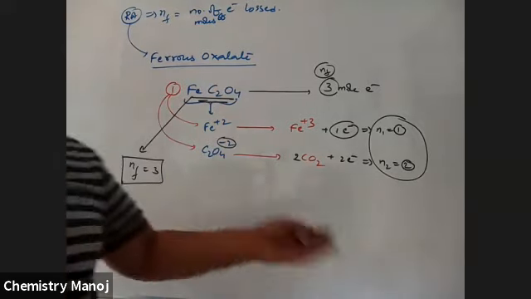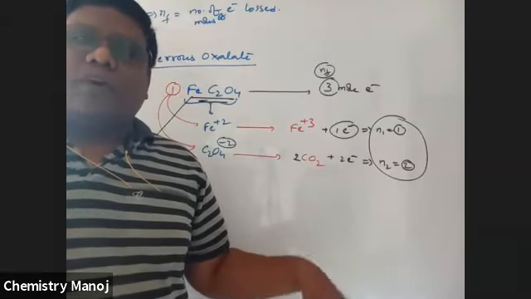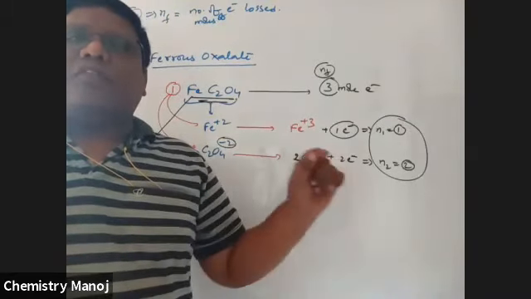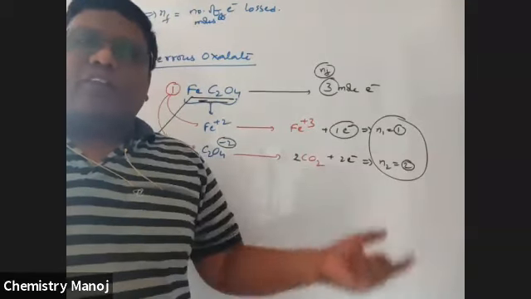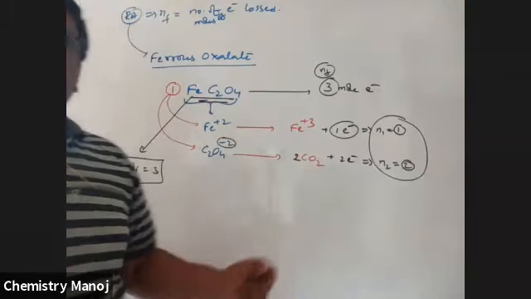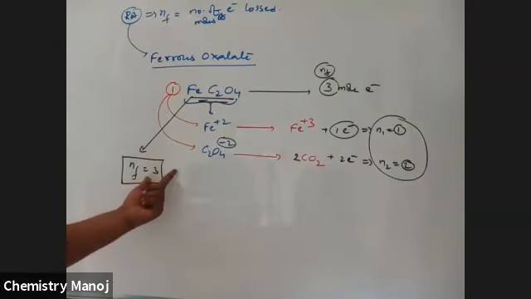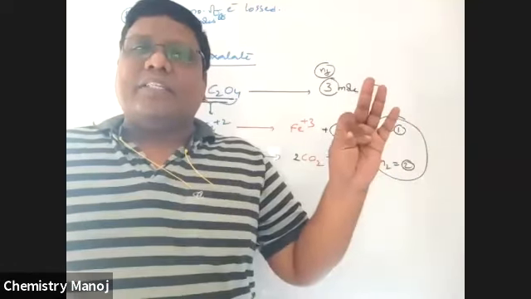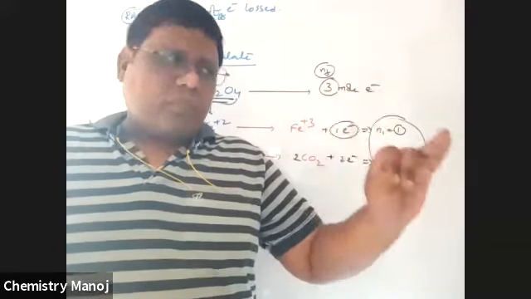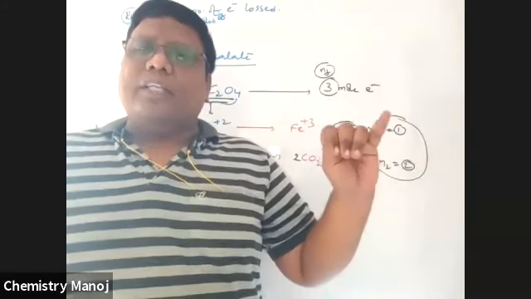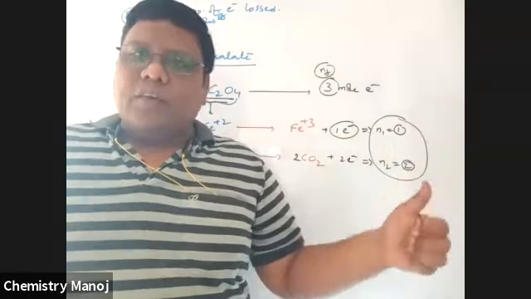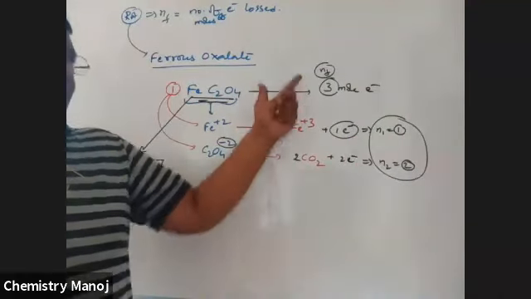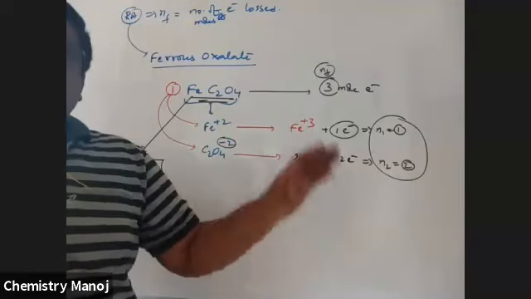So the number of electrons lost by 1 mole of the substance, or the number of electrons gained by 1 mole of substance, is nothing but the n factor for that particular substance. So equivalent weight is equal to molecular weight by that n factor. Here, equivalent weight is equal to molecular weight by 3. So this is the n factor for oxidizing agents and reducing agents. Up to now I completed acids, bases, acidic oxides, atoms, and diatomic molecules, that is homoatomic molecules. Next, for salts, different types of salts, and oxidizing agents and reducing agents, n factors are completed.